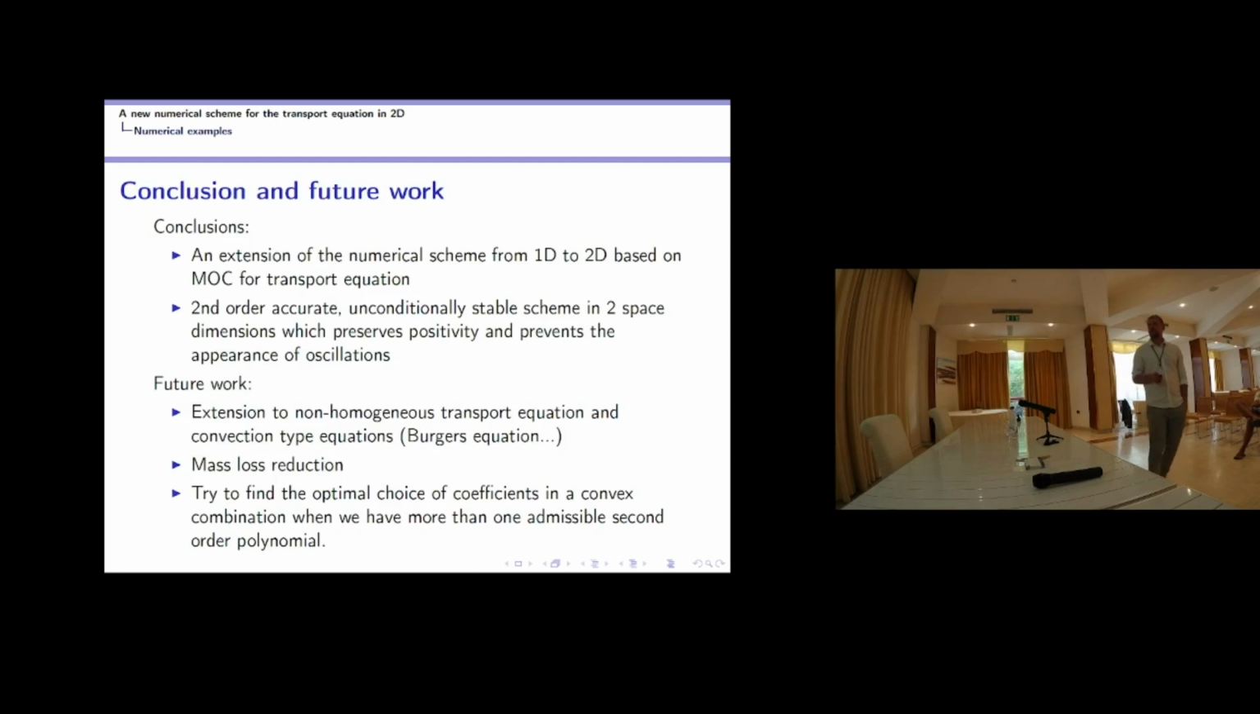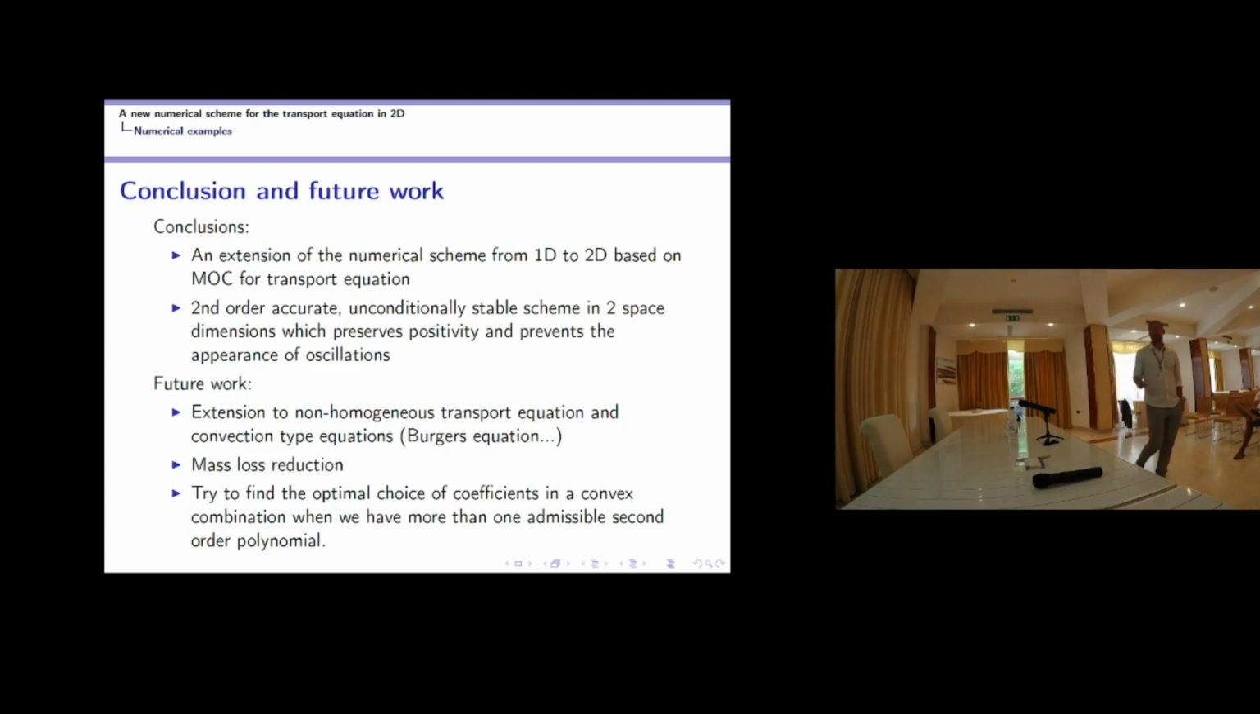And for conclusion and future work, I showed you an extension of the one-dimensional scheme to a two-dimensional scheme based on the method of characteristics for the transport equation. It's at least second order accurate. We saw it on these 2 examples. And it's unconditionally stable, and that means that it preserves positivity and prevents the appearance of